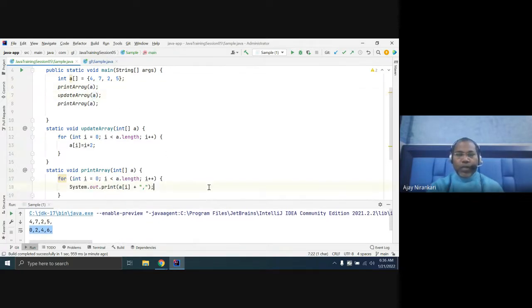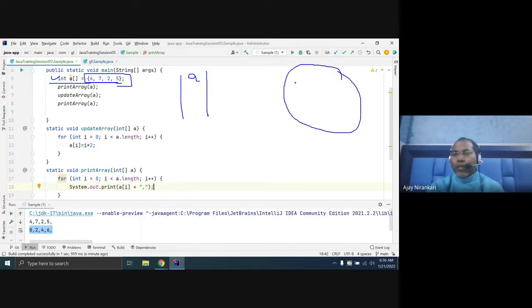In this way, let's try to understand. Whenever your program starts running, it first creates a variable A in the stack memory. Now the array is an object, and it is stored in heap memory.